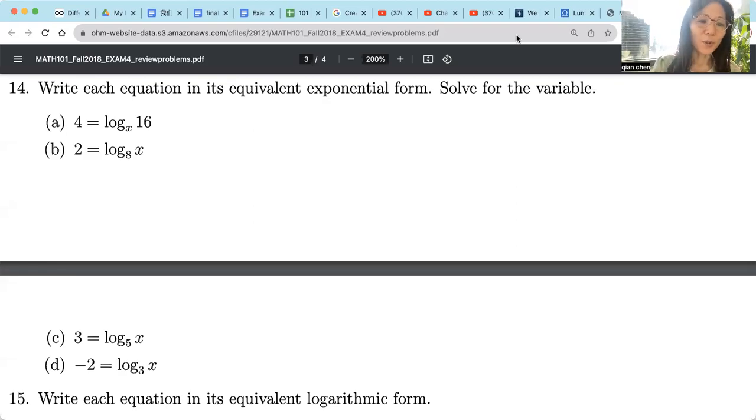We're going to do logarithm equations. So let me explain first. What is a log equation? What's a log expression? So if we look